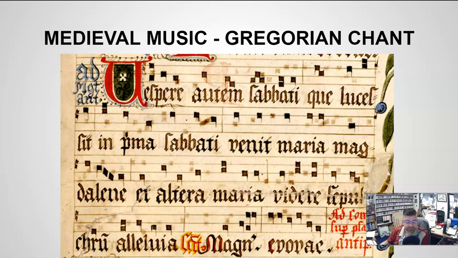Sung in Latin, because that was the language of the church, and according to Church with a big C, the only people allowed to talk to God were the clergy or the priests, and the general masses of people kind of just had to wallow in silence and wonder, because they couldn't speak Latin, so they didn't know what they were saying.